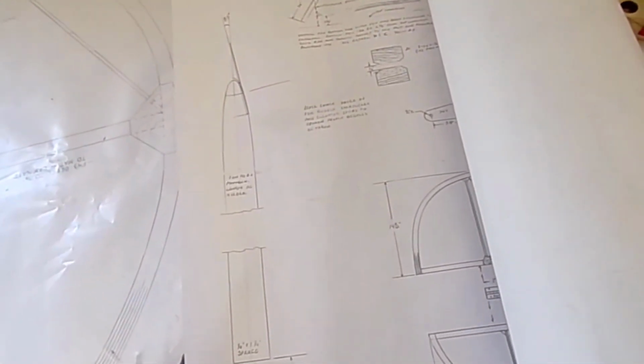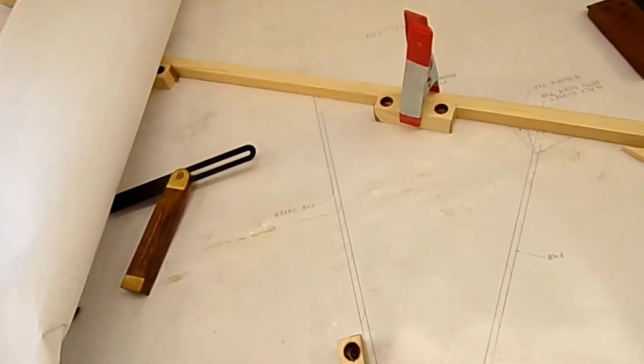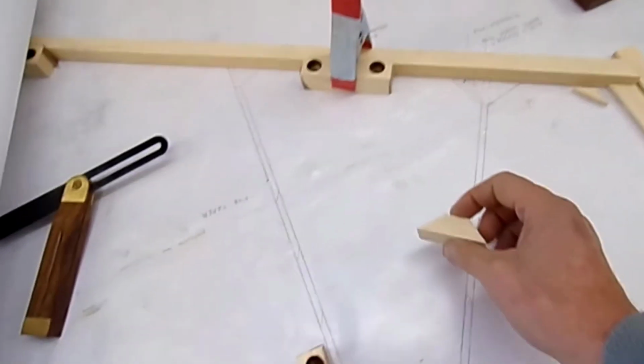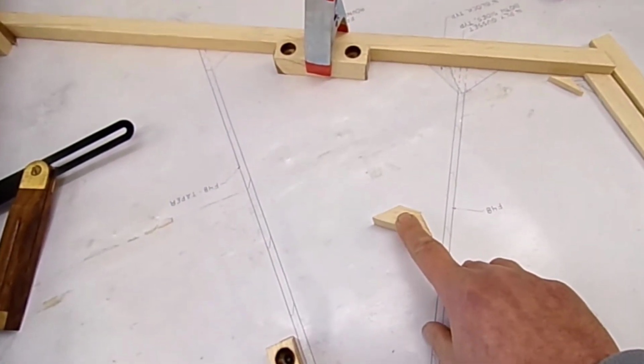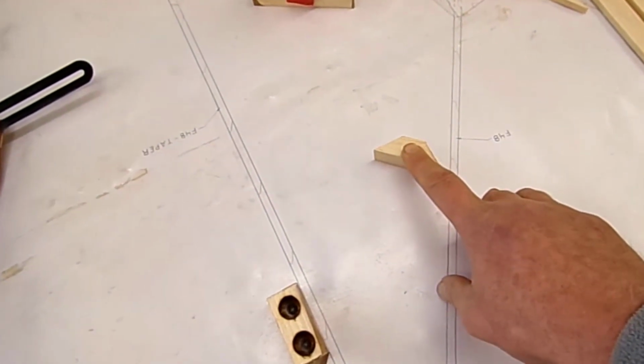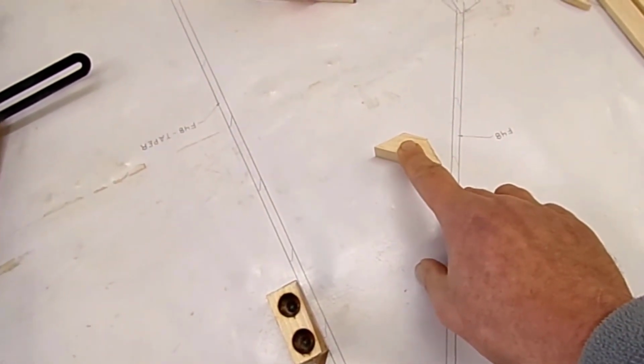For a gusset to work correctly, it passes the loads going through the components by making the joint take shear load, and to do that it needs to have contact. So I want to make my blocks a little bit wider. There's no material supplied that's wider in that direction, so I'm going to glue a piece of the trailing edge of the elevator laminate that I've got left over onto the sides of this